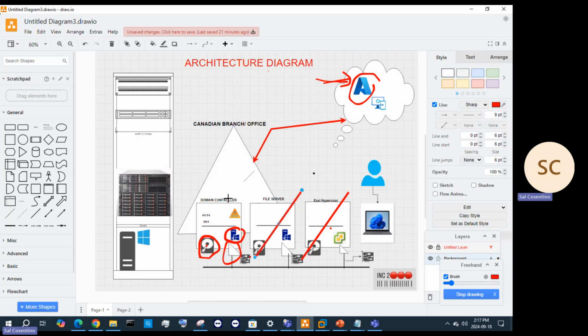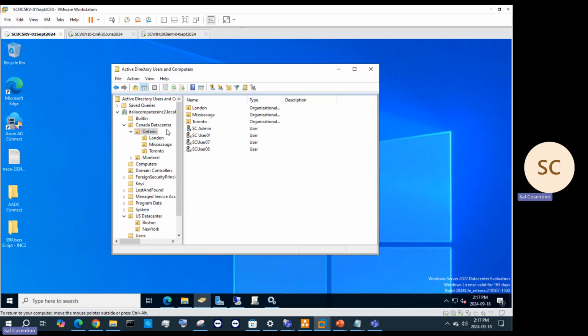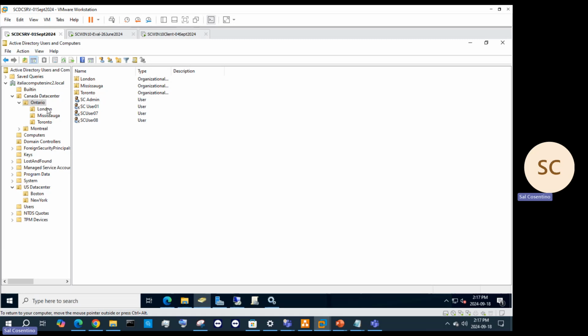Before I do that, I'm going to show you a little bit about the domain controller so you guys have a better idea of what a domain controller is. It's just an extra topic that we're going to talk about so you understand what's going on. Like I said, my service here is within our Canada data center and our US data center, and in Ontario I segregated those into specific OUs, and then within those OUs I created different groups and things. So I'm going to show you how to create a security group, and I'm going to show you how to create